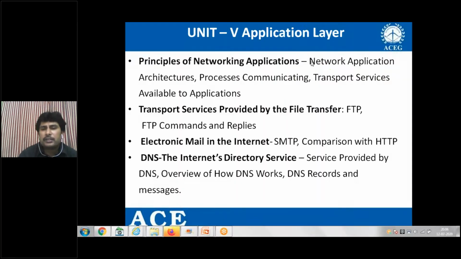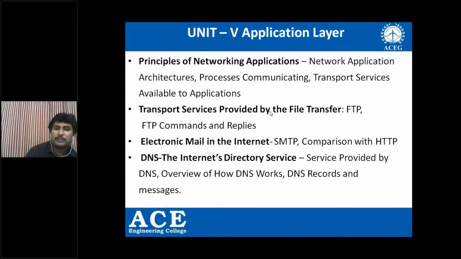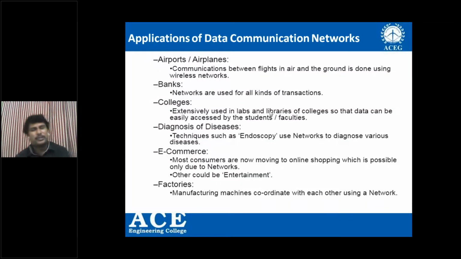So here is a quick understanding, or a brief introduction, about the different topics which we are going to discuss in our course called Data Communication Networks. We would understand the importance of the subject when we know the applications of data communication networks in different entities. Where do we use data communication networks? First,